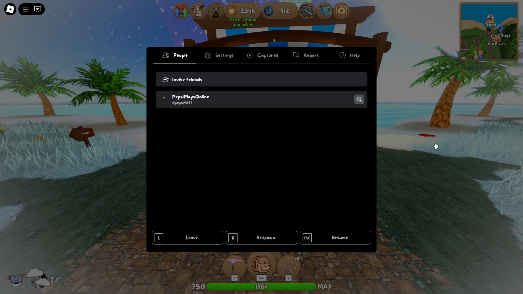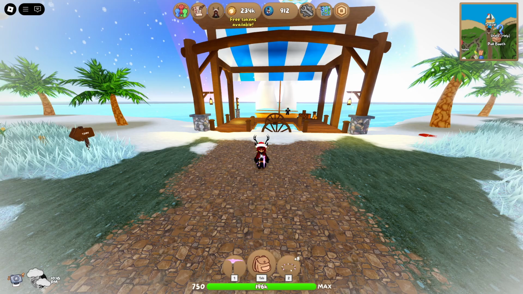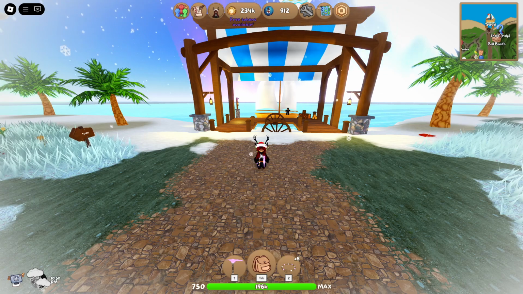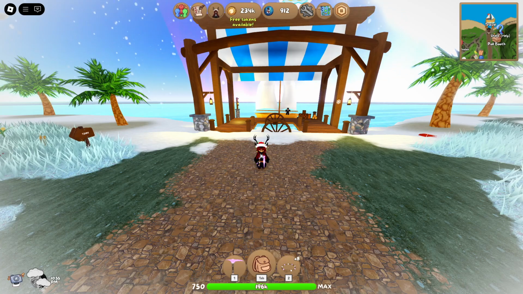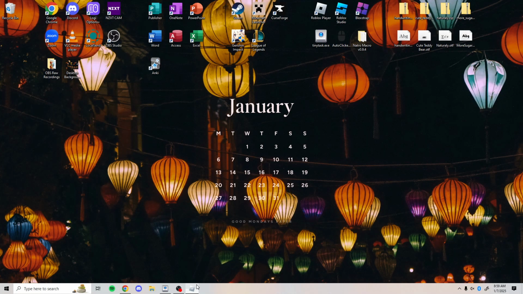Now I am going to show you how I make it from the maximum quality using another application and how I customize my Roblox as well. So I am going to be showing my desktop for this tutorial. So let me actually get to a spot where I can show you what's going on. There we go. Okay, so this is my desktop, and here are all my Roblox applications. I have highlighted them so you can see where my cursor and the highlight box is to see everything I